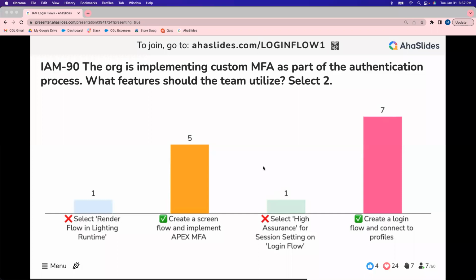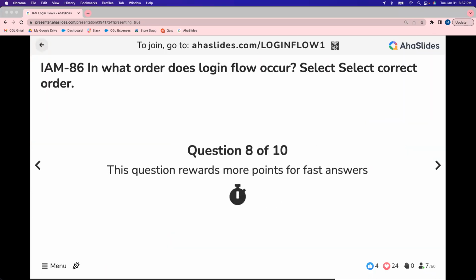Could create a login flow. Next question. In what